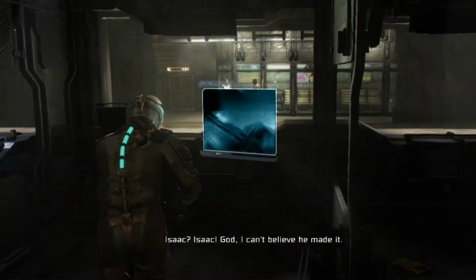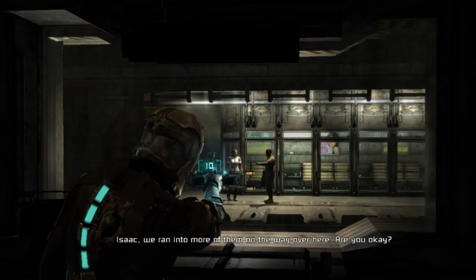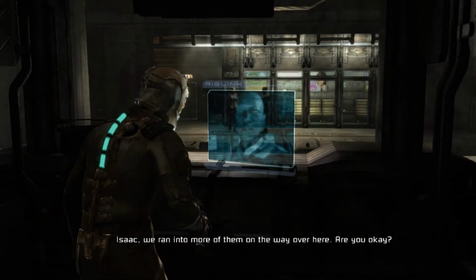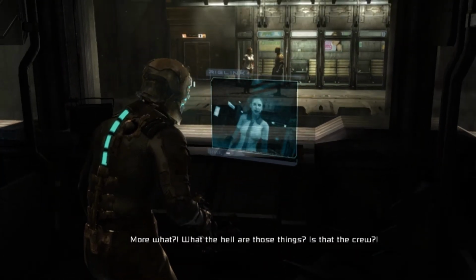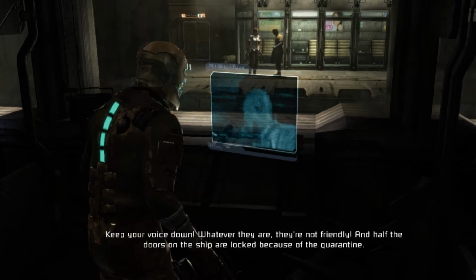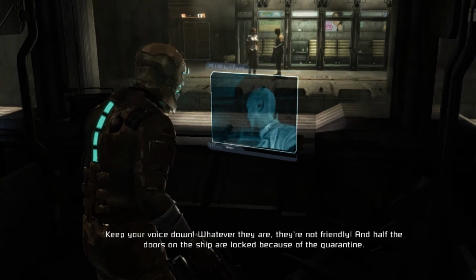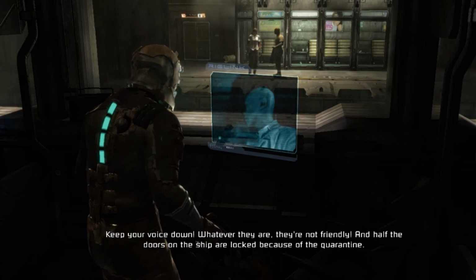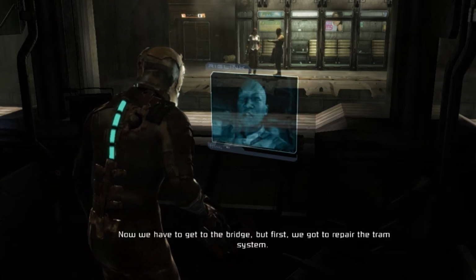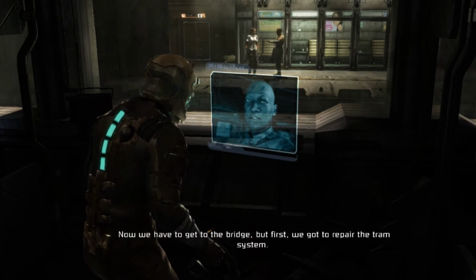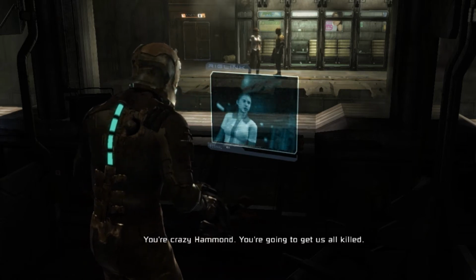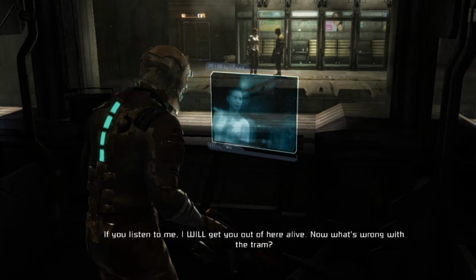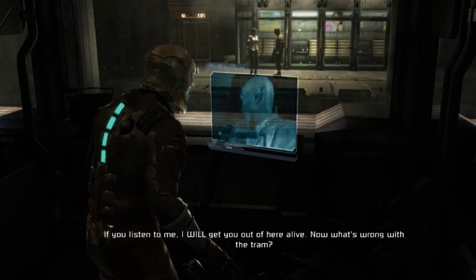God, I can't believe you made it. Isaac. We ran through all of them. Are you okay? What the hell are those things? Is that the crew? Keep your voice down. Whatever they are, they're not friendly, and half the doors on this ship are locked because of the quarantine. Now, we have to get to the bridge. But first, we gotta repair the tram system. You're crazy, Hammond. You're gonna get us all killed. If you listen to me, I will get you out of here alive.